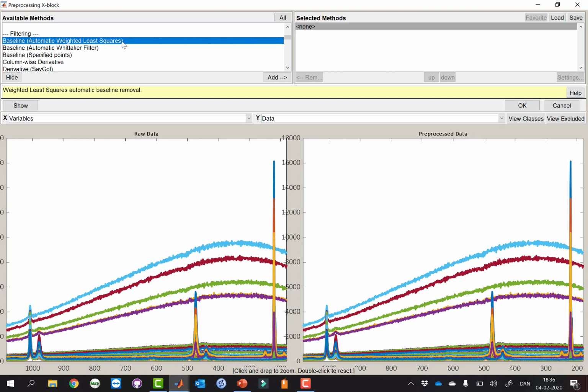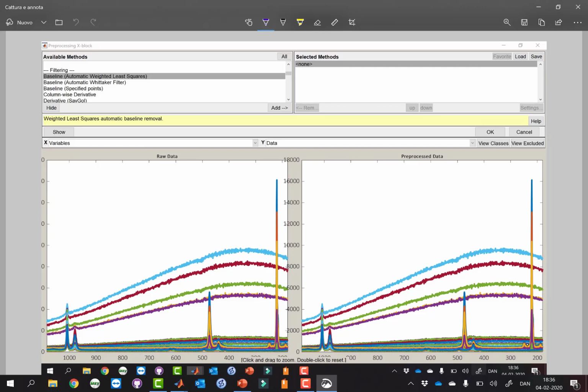What it does is that it tries to fit a baseline to each and every sample individually. So for example, let's say I'm fitting a second order polynomial here, and then it will look and check for positive residuals.